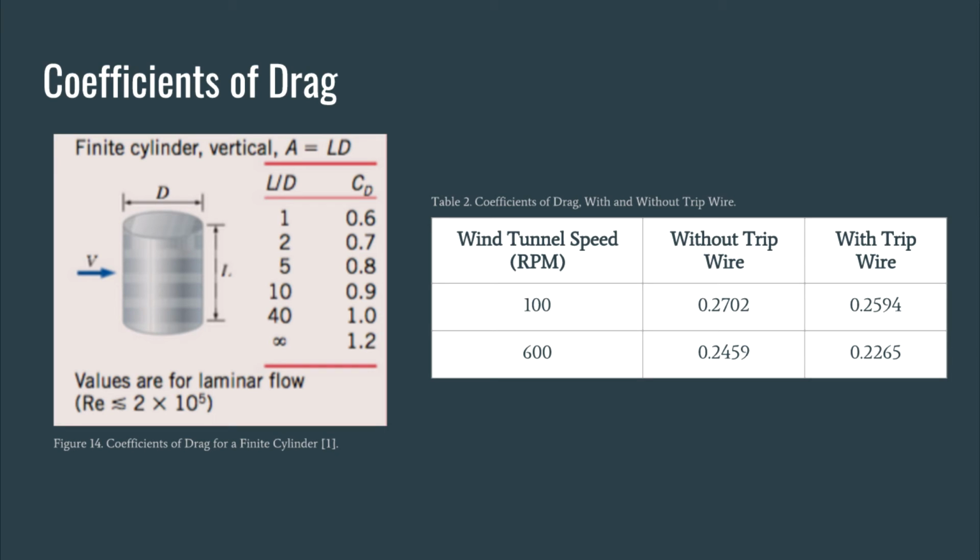With this assumption, the team expected to find coefficients of drag of approximately 1.2. However, the values calculated were 0.27 at 100 RPM and 0.25 at 600 RPM. This results in a very high error. However, the coefficients of pressure do decrease with the introduction of a boundary layer trip. This trend was expected because the boundary layer trip induces flow separation, therefore reducing the overall drag force acting on